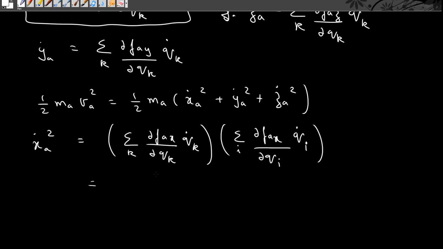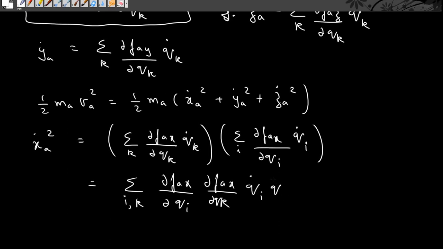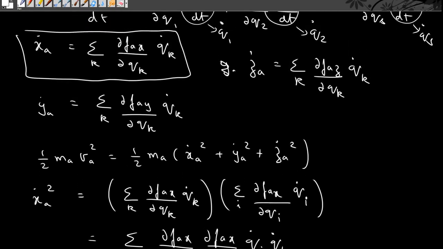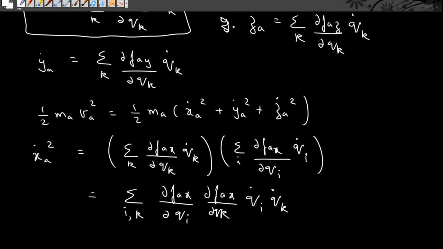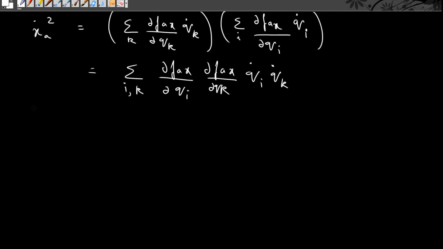So this can be written as a double summation over i and k of dou f_ax by dou qi, dou f_ax by dou qk, into qi dot qk dot. In a similar fashion we can write y_a dot squared and z_a dot squared, and therefore we will have half m_a v_a squared equal to